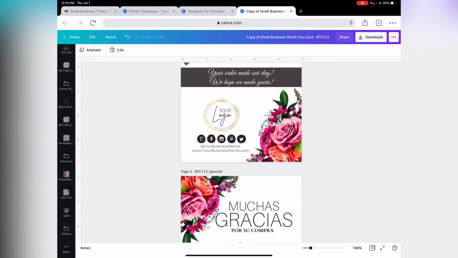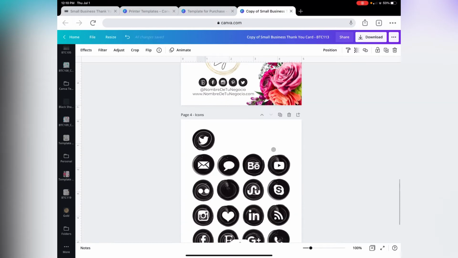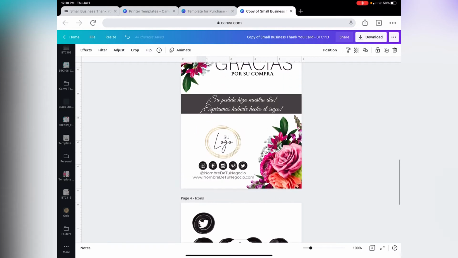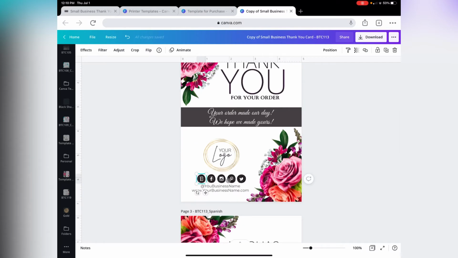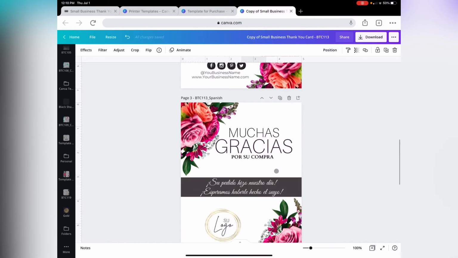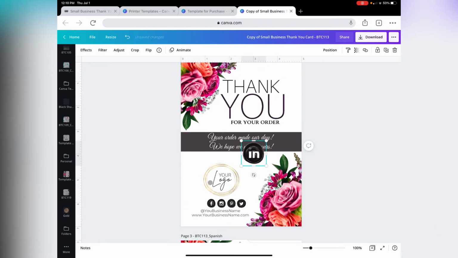You also have your social media icons that come with the purchase. If you want to choose any other social media icon, replace it with one on the template itself, you can do so. Just delete. Let's do one here. I'm going to copy, paste,